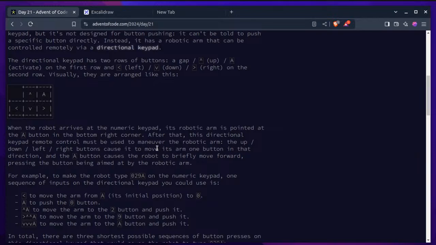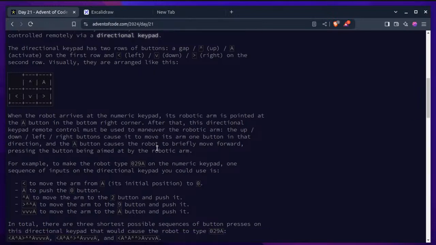The up, down, left, right buttons cause it to move its arm one button in that direction, and the A button causes the robot to briefly move forward, pressing the button being aimed at by the robotic arm. For example, to make the robot type 029A on the numeric keypad, one sequence of inputs on the directional keypad you could use is... so okay, that was